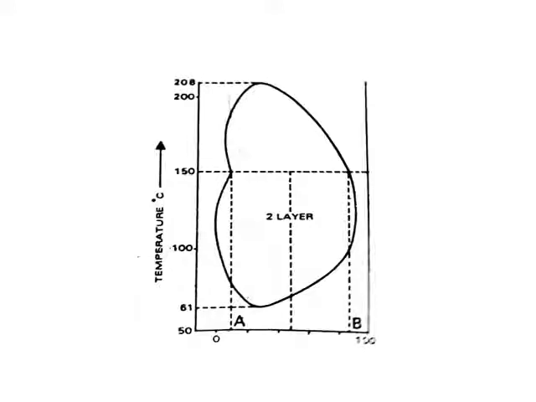See here, as the temperature increases, what happens to the solubility. Here there are two curves and the two curves are joining. So it has an upper consolute temperature and a lower consolute temperature, the upper at 205 and the lower one at 61. So in between these two it is a two layer system, and below 61 it is a single layer and above 205 it is a single layer.